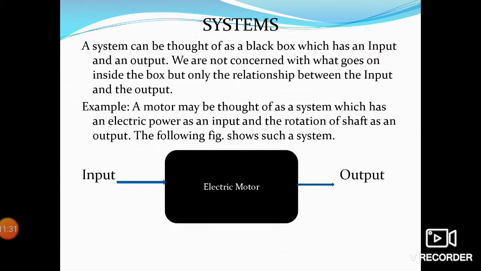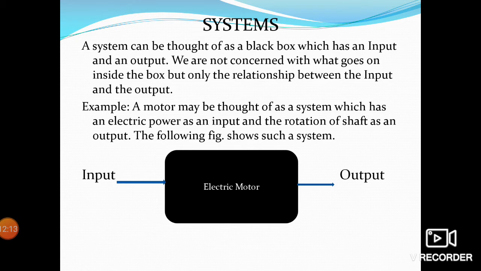And the next important thing, let us have a definition of a system. We speak about so many things about the system, and it is very important. To give you a simple practical example, when you take admission for a diploma course, you are inducted through your academic performance in your 10th standard. That is called the input, and whatever happens in the entire 3 years is called the process. Output means whatever you get in the form of your diploma certificate. That is how we consider it as a practical example.